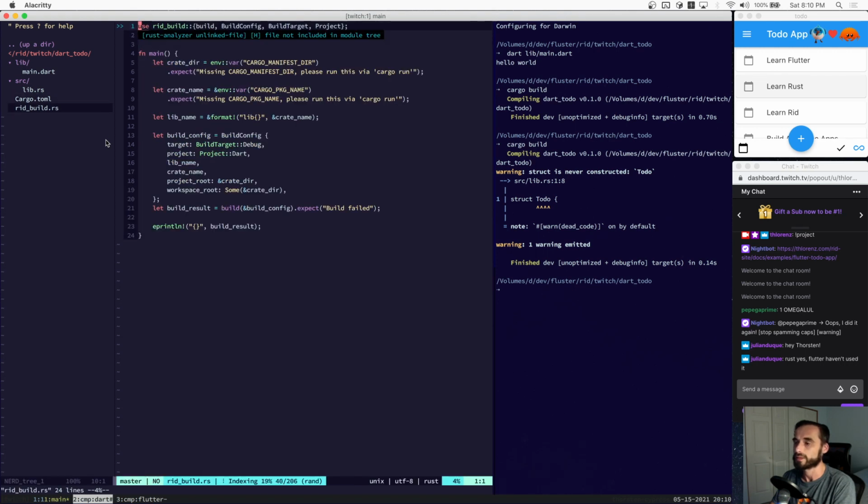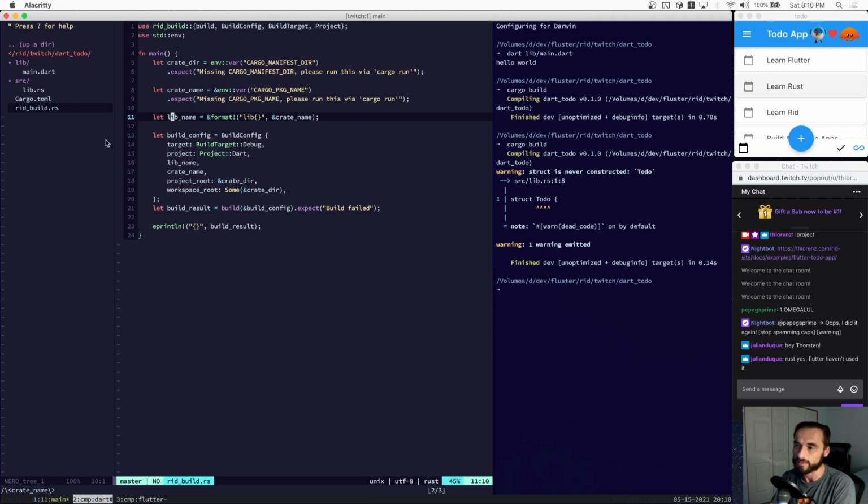Okay, it'll go away in a second, I'm sure. But let's just look at what this does. It basically tries to derive the crate name, right? This is a crate name here. And from that, it derives what the lib will be called. And it needs to know that